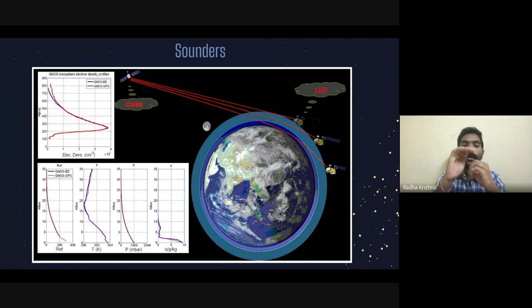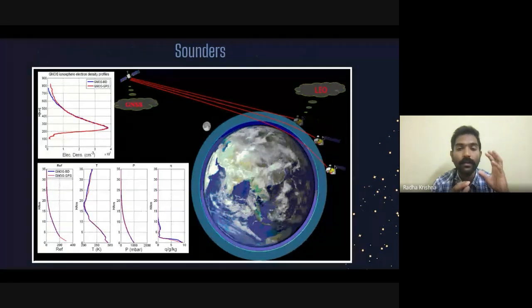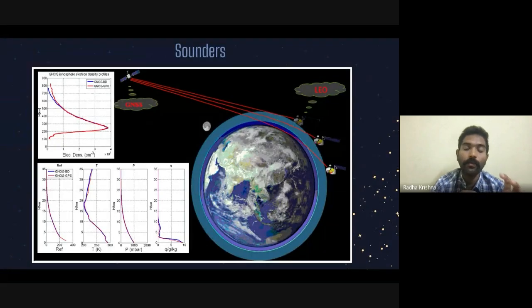So they want to understand how the profile is there in the vertical, right? So what they do is they observe these radiations that are coming from these GPS or GNSS satellites, and they see what is the amount of radiation that is absorbed, and thereby they analyze what is the mineral or what is the group, like hydroxyl group or methane group, methyl group, that are there in the atmosphere in the vertical